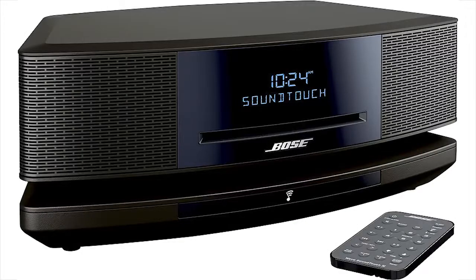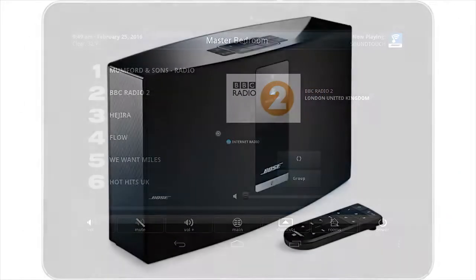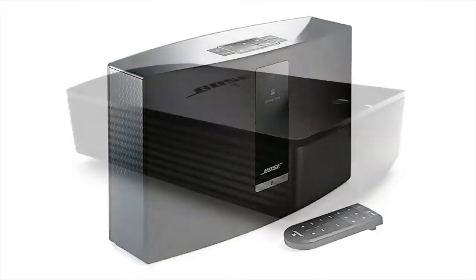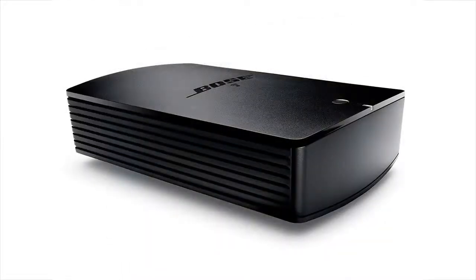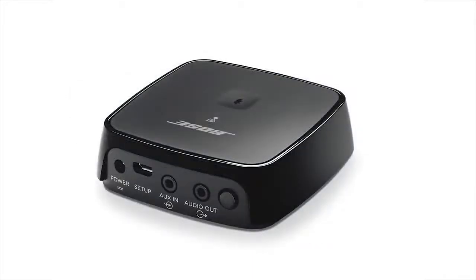Bose has a number of SoundTouch connected products to create a whole house music system. Whether it be an all-in-one system like the Wave SoundTouch or SoundTouch 30, or the SA5 that has a built-in 100 watt by 2-channel amplifier to power in-ceiling or outdoor speakers, or the preamp SoundTouch Wireless Link, there's an option